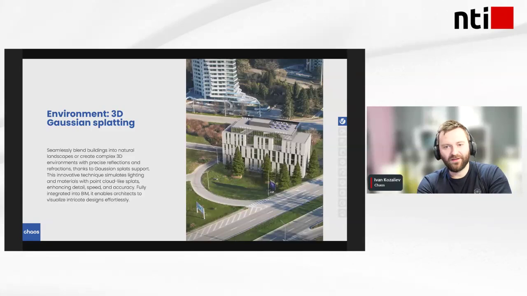So one really important, really cool thing in V-Ray 7 that we are expecting, keep in mind that these things right here are from V-Ray 7, which is still not released, and it will be released in the near future. So the first thing, Gaussian splats. Nowadays, Gaussian splats are getting more and more popular. I'm not sure how many of you have heard of them, but this is something like the next generation of point clouds, and they will be available in V-Ray. Let's see how they look.